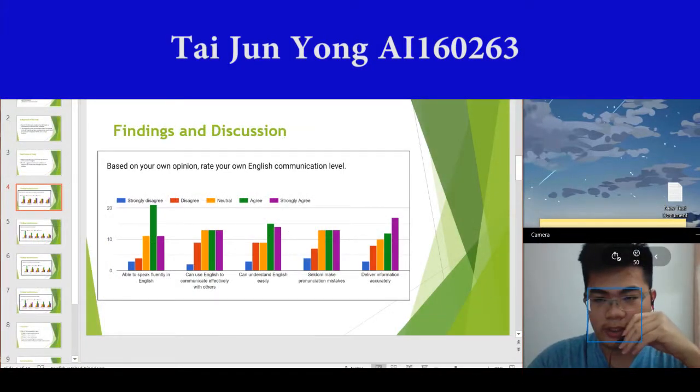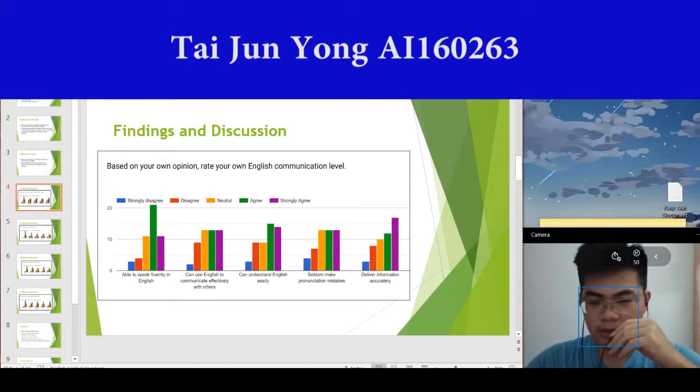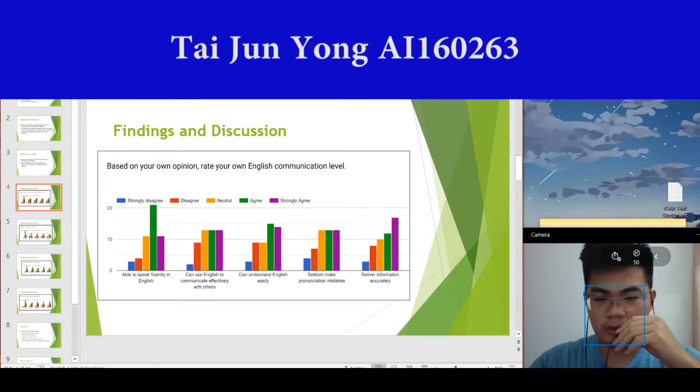About the findings and discussion, this figure shows the respondents' English communication level. For able to speak fluently in English, most respondents agree with this statement. Besides, they have two same data, which are neutral and strongly agree, for this statement. For can use English to communicate effectively with others and seldom makes pronunciation mistakes, neutral, agree and strongly agree have the same data,